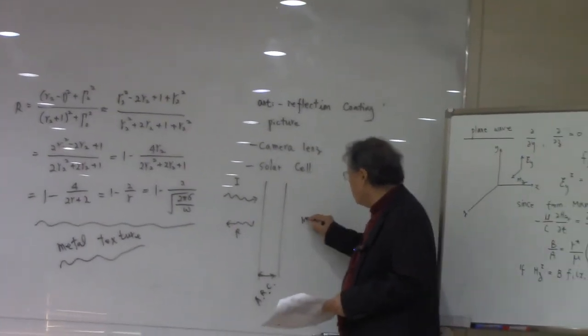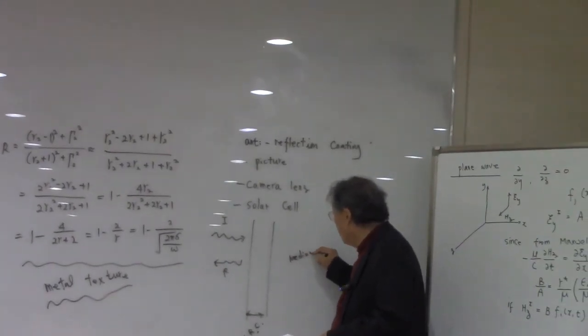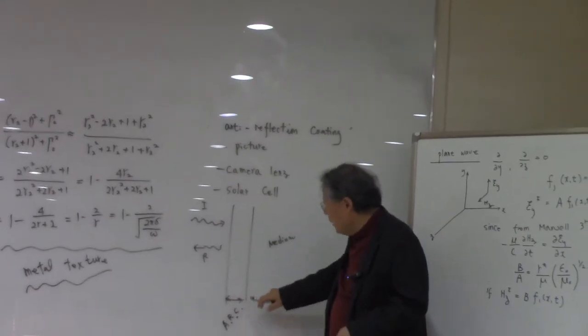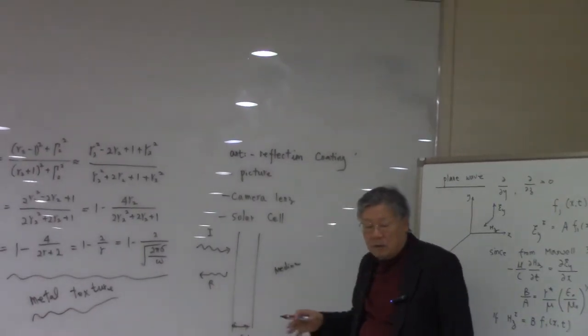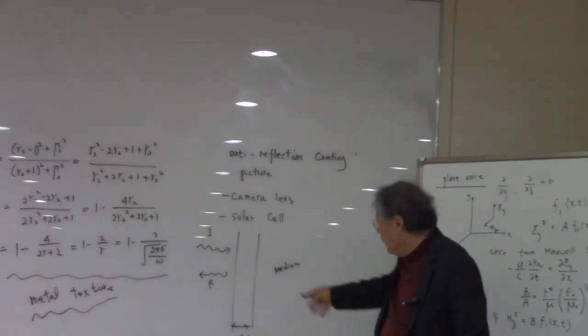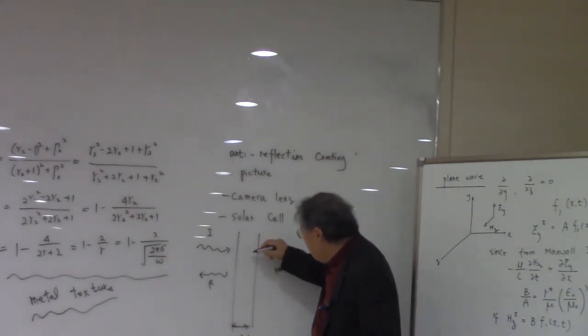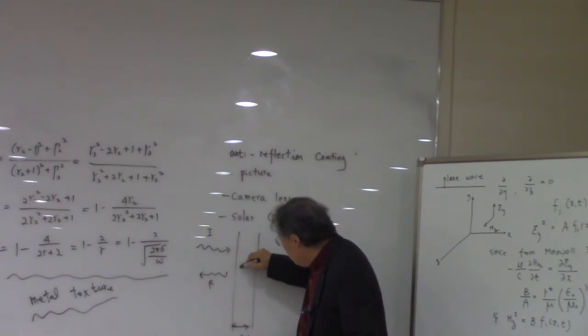Okay, and then this is a medium which has been deposited on top of the medium. The anti-reflection coating is going to be deposited on top of the medium in this fashion. And then here is a reflected beam